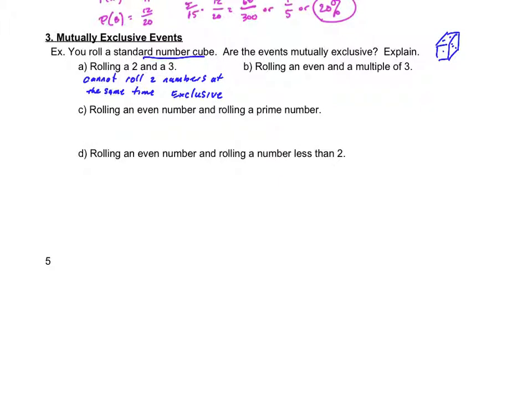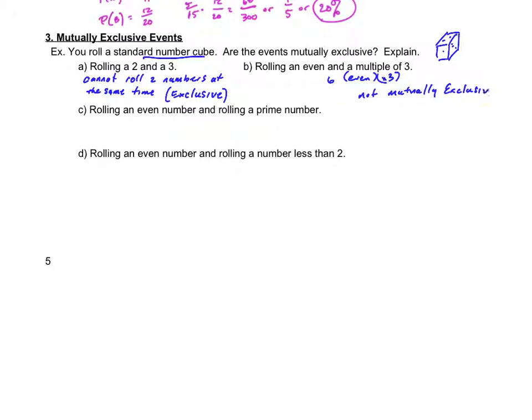Since we were unable to roll two numbers at once on a die, then they're exclusive. Rolling an even number and a multiple of 3. Well, think about it. A 6 is both an even and a multiple of 3. Therefore, that is not mutually exclusive because they overlap. We can do them at the same time. So they are not mutually